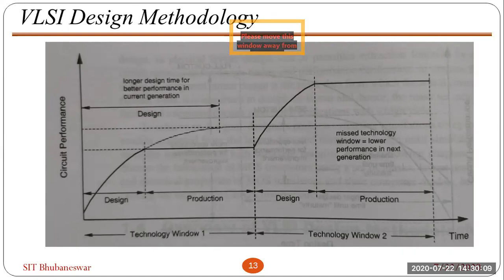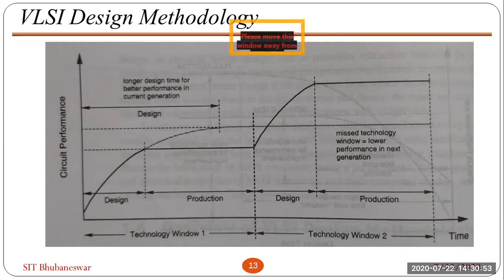So that's why within that technology window, you have to complete all these things. We have to complete the design, production, marketing, and everything. Then you will be ready for the next technology window, for putting it to the lower technology. So this is another method. That's why in industry they try to complete everything, design, production, marketing, within those 2 years. Sometimes the design windows also overlap. That means the next generation work starts during the previous generation's time. You can see that figure in the past technology window.